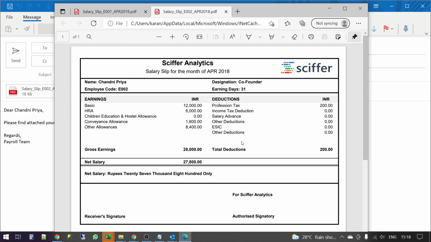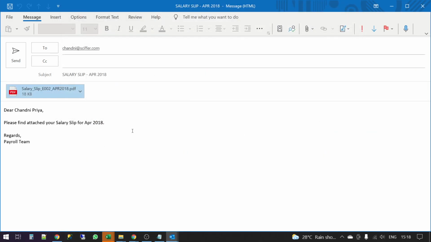So it's very easy to automate certain small problems which take a lot of your time, and this is something that can be totally automated. There's nothing which is specific for any single employee. It's very generic. The data is there, and you just need to create something in this template and send it across.